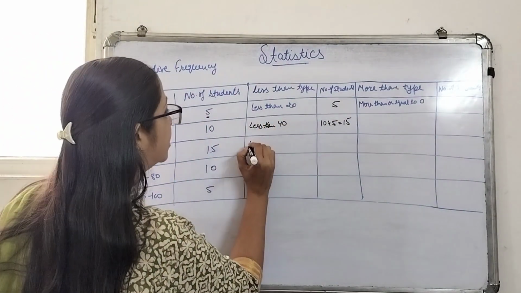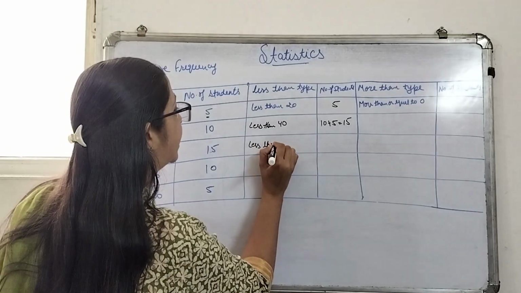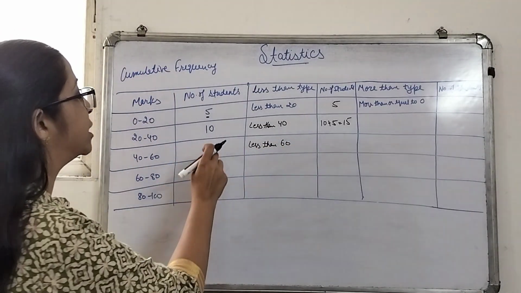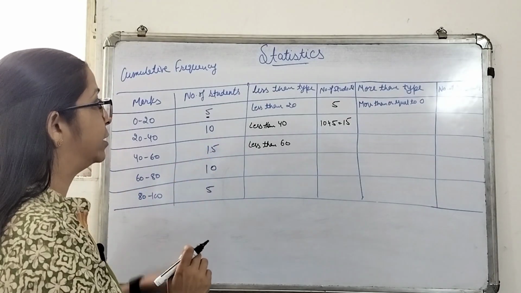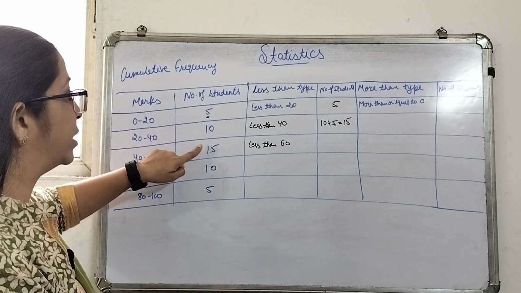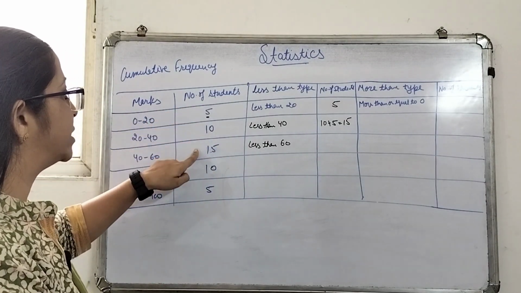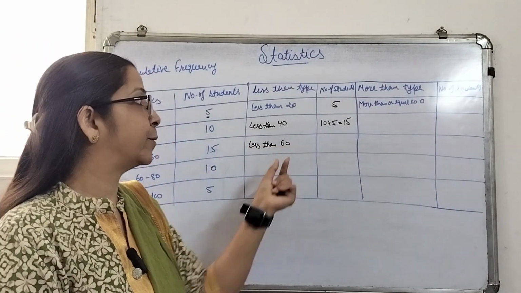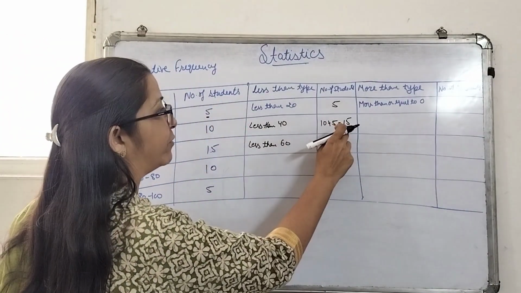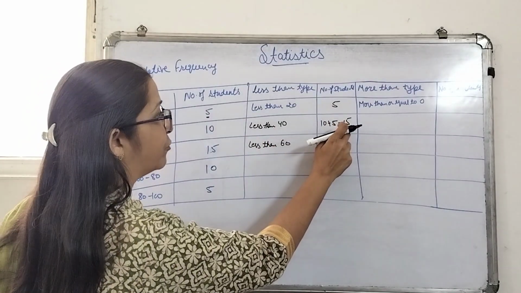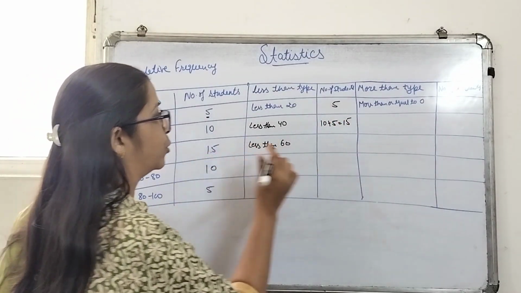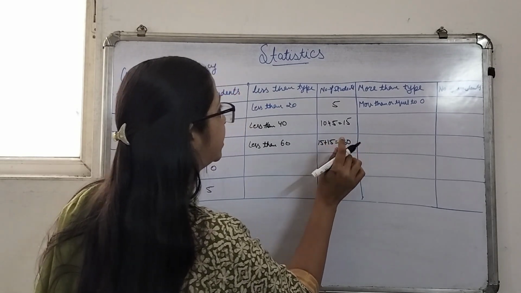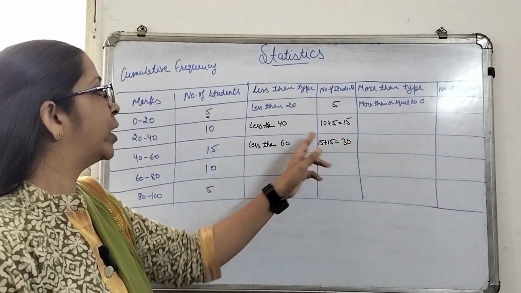Now the students who have secured less than 60. In this category, this 15 will also be included. So 5 plus 10 plus 15. All these students come under the category of less than 60. So till here we were having 15 students. Now in this 15 we will be adding this 15 also. So it will be 15 plus 15, that is